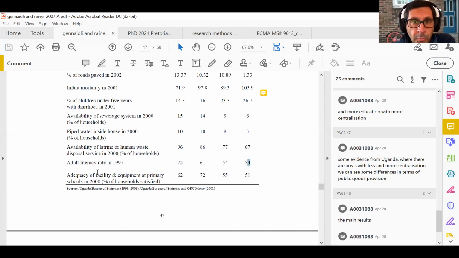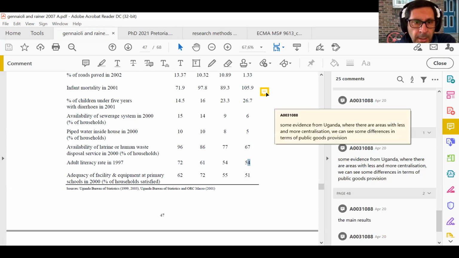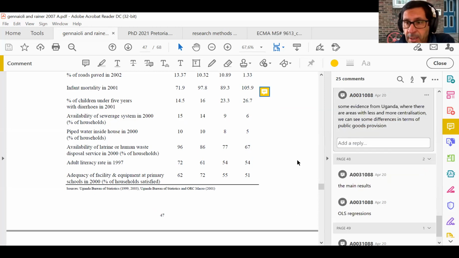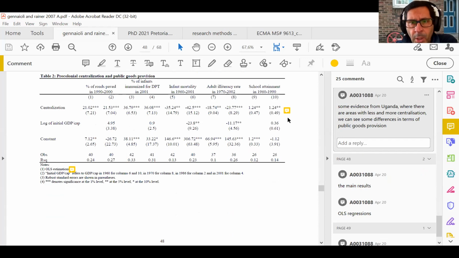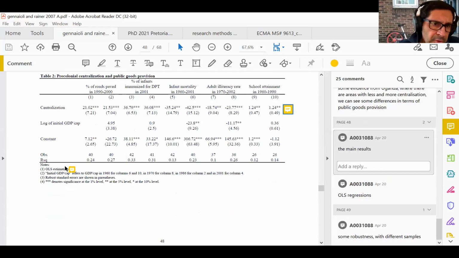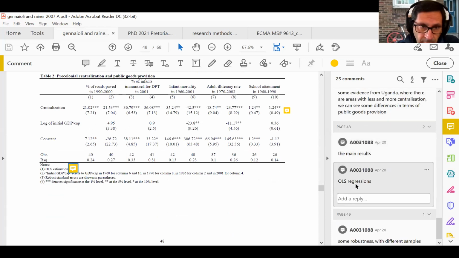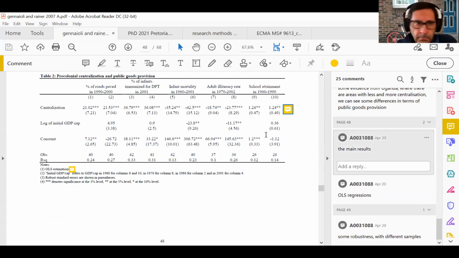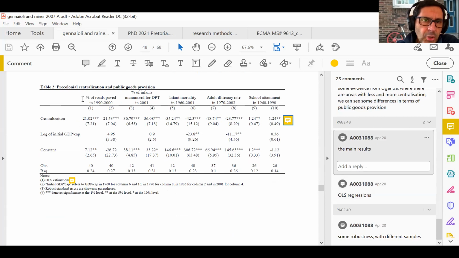Okay, folks, I hope that makes some sense to you. Those are all OLS regressions. See there, the main results and OLS regressions. Okay. Centralization, again,